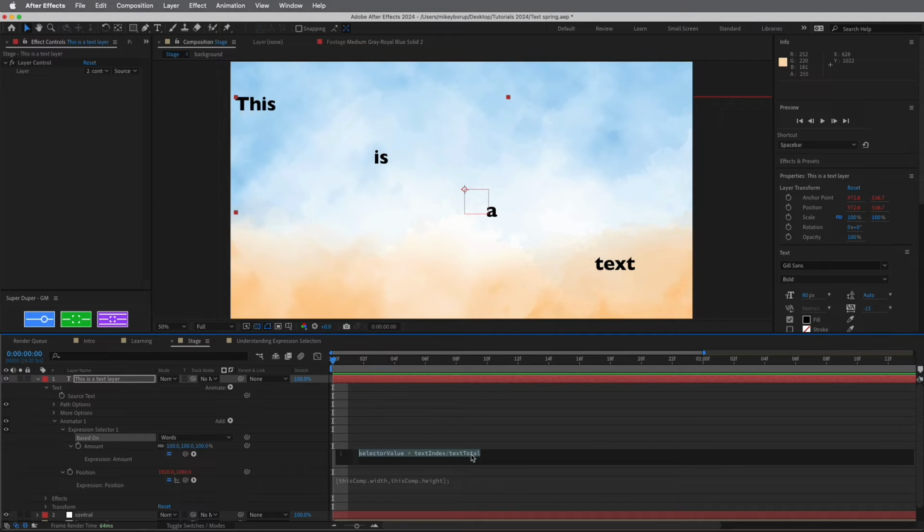So let's create a new variable inside of this amount. This is the first time we're really doing some major expression writing here. Let's call it nullPos. So nullPos equals, and then what we're going to want to do is pick whip that layer control that's right up here at the top, and then we're going to type